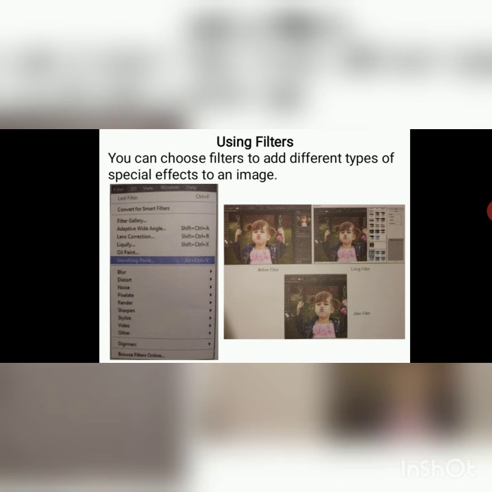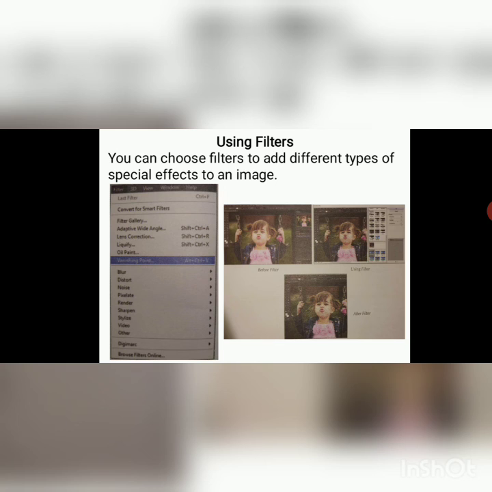Filter provides the facility to give different kinds of effects like distort, noise, render, sharpen, stylize, video, others. So filter is a very important tool in Photoshop, and you can change your image by using the filter tool.